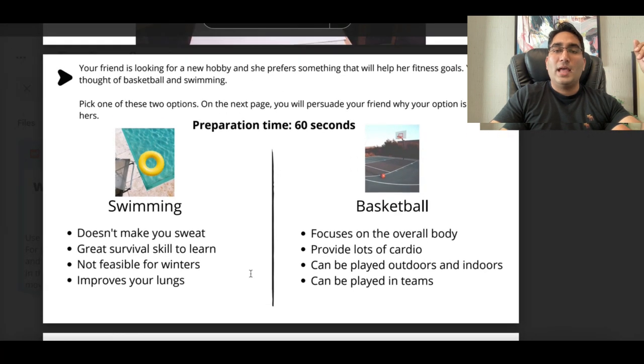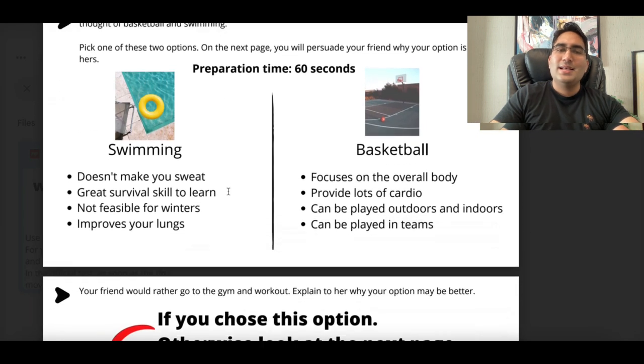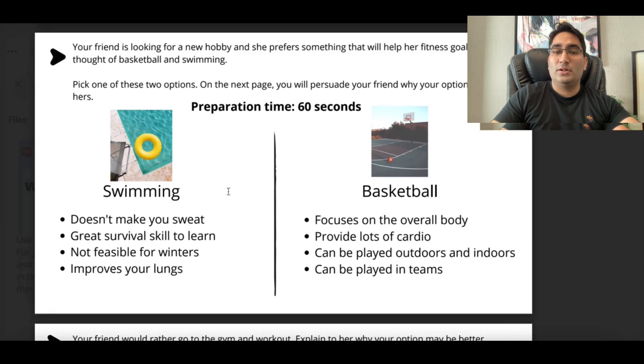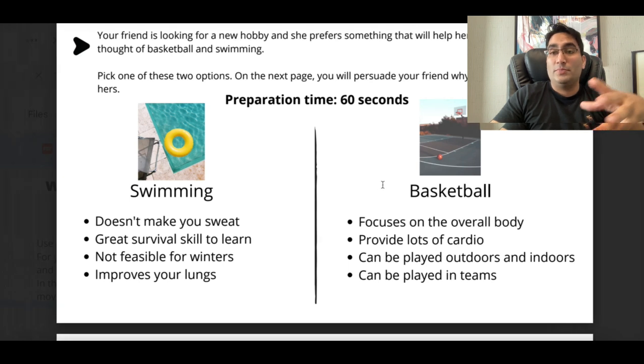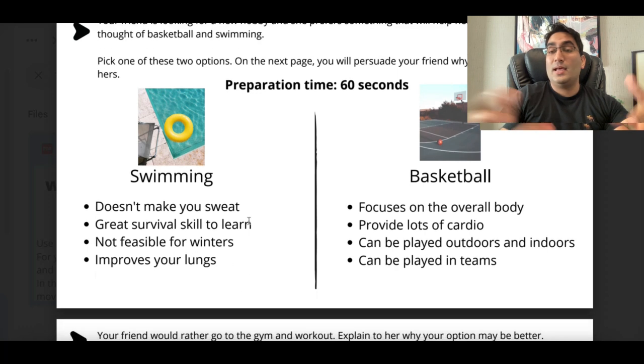When you go to part 5, you're first given a situation. In this case, your friend is looking for a new hobby. So they basically have swimming and basketball to choose from. You have to pick one option for your friend that you prefer. Now, I usually look at the ones which have fewer words or they're easy to explain. And I think swimming comparatively is easier to explain here with the words I see in the features. And again, it's not a huge difference, but I'll pick the one that's simpler or the one that I would actually prefer in real life.